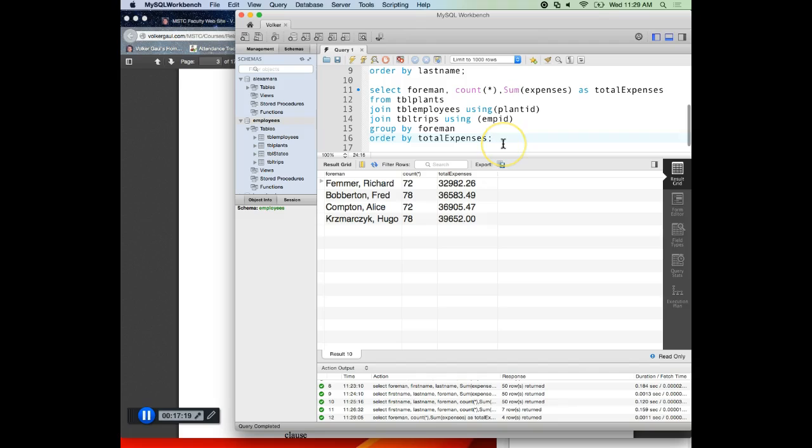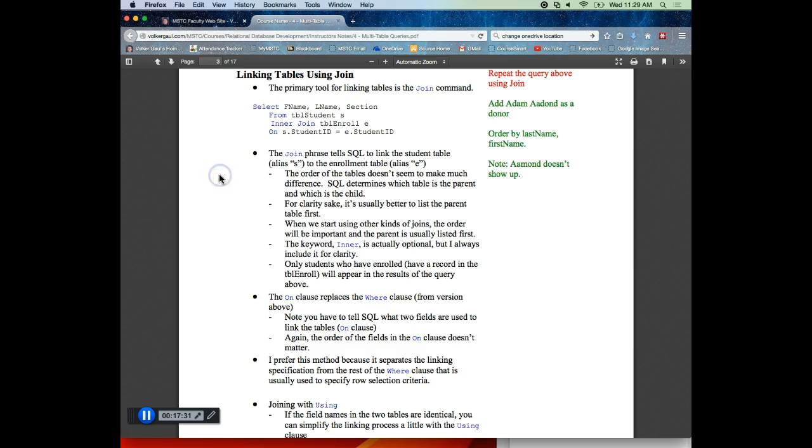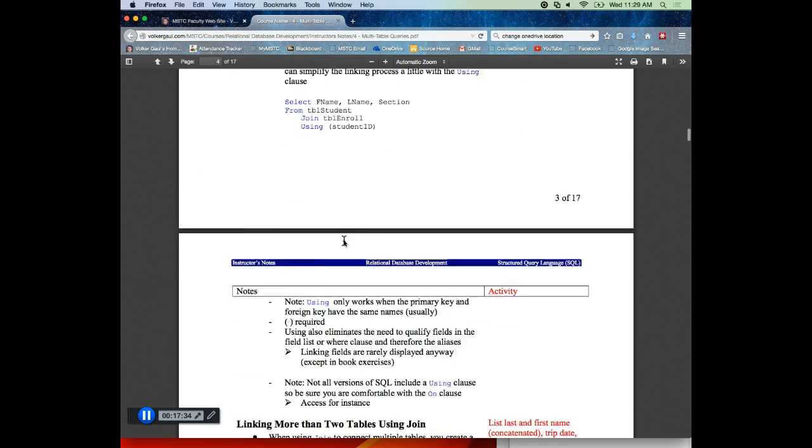Let's go back now. Any questions? All right, all of that's basically review. Lots of review, though, some of it from single table queries, some of it from multi-table queries. What I want to talk about today, and that'll be, I'm pretty sure, the end of it,